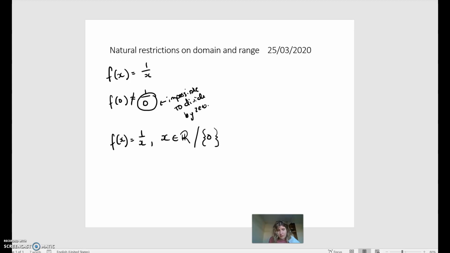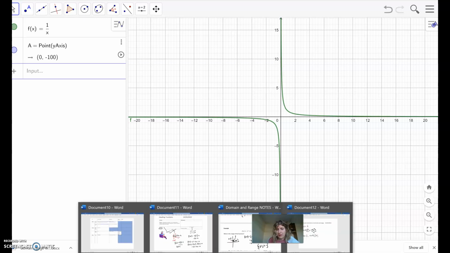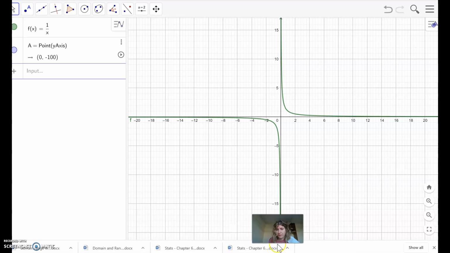Now, if we go back to that graph, you can see that the range does much the same thing. Looking at the vertical values, the range goes from negative infinity, getting smaller and smaller in size, then a break at 0, and then increasing from 0, getting more and more positive and larger again. So our range for this function,